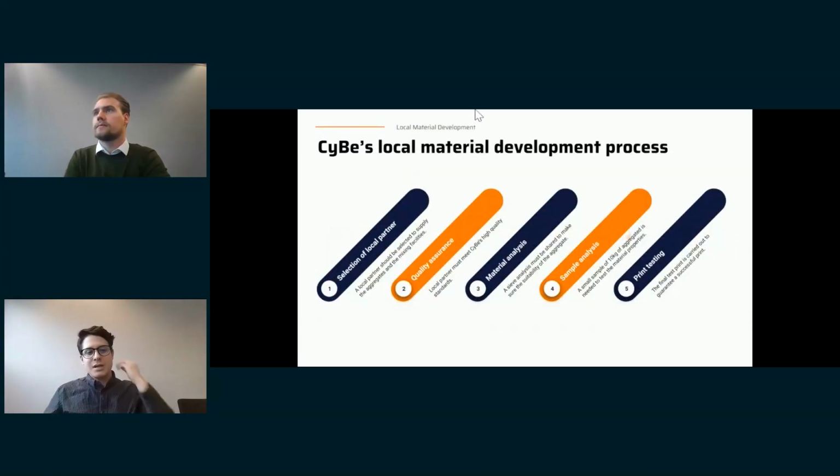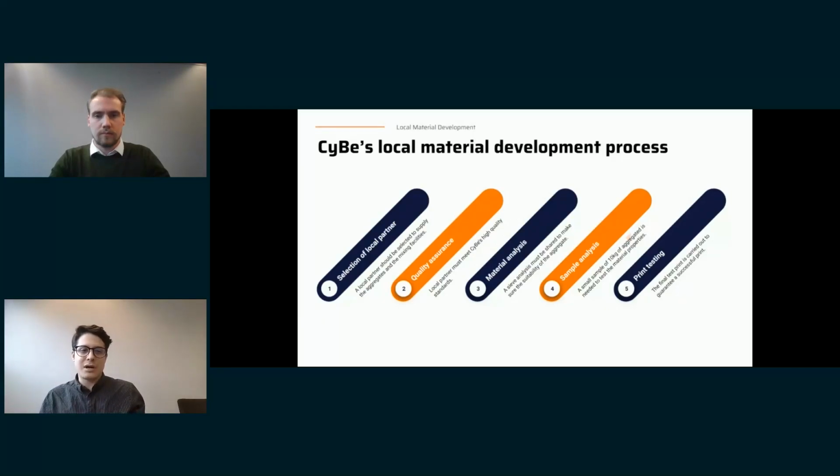So just to give you, if you are curious about what is the normal process that we follow with our client, the normal protocol. And before explaining this, I want to mention that this depends on the country, of course, and we always try to find the most efficient way to provide the material. So first,